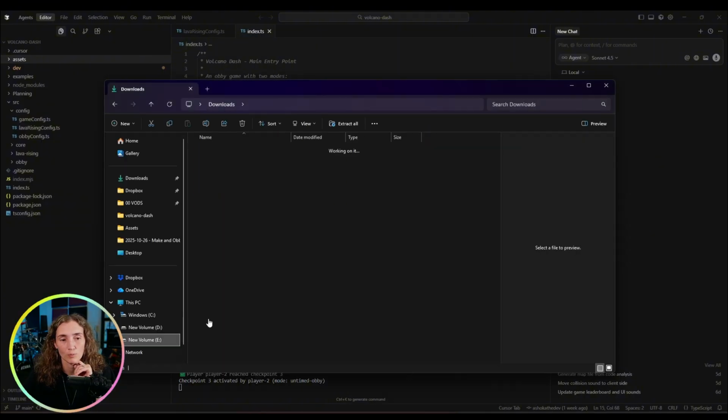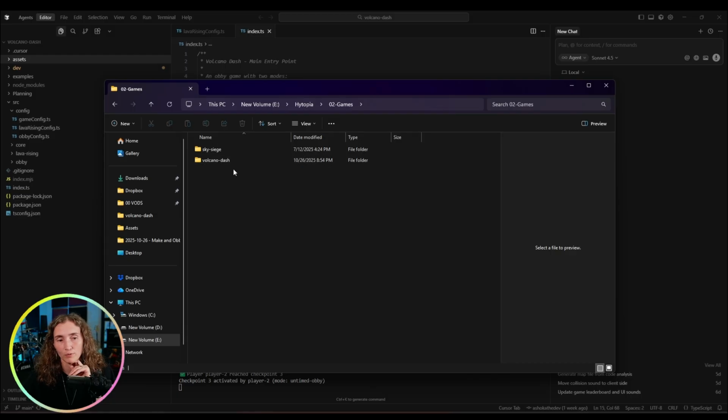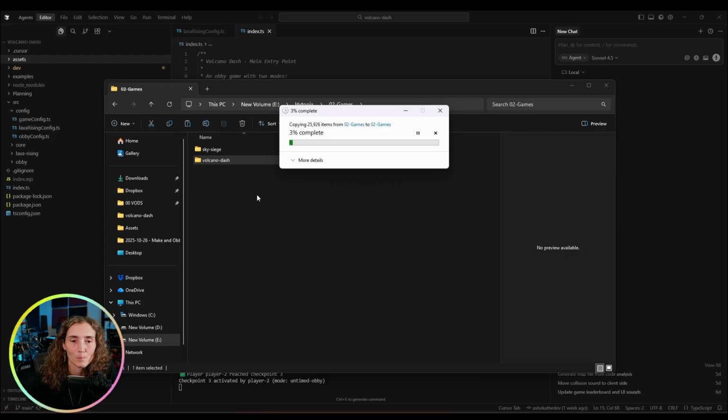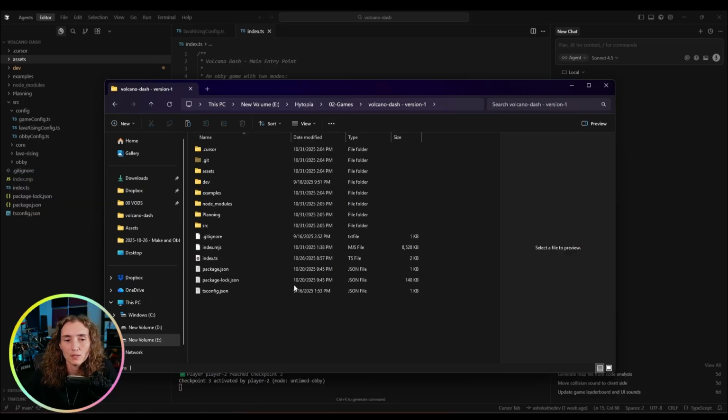But first, I'm going to go to my folder that has that project in it. So here's my Volcano Dash project. So I'm just going to make a copy of this. Okay, and I'm just going to rename it to Volcano Dash version 1. And I'm going to go in here and I'm going to delete things that I don't need to be a